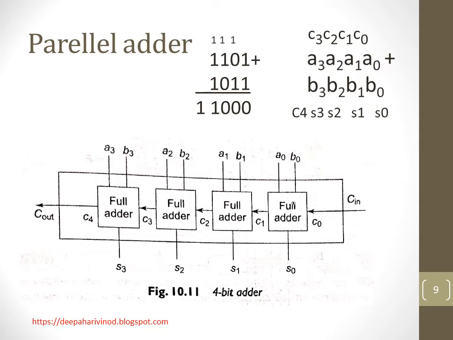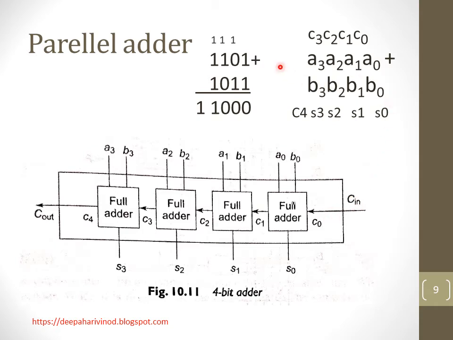Parallel adders. Here we can see the circuit diagram for the parallel adder, and in this we have 4 full adder circuits: 1, 2, 3, 4. Each full adder adds 2 bits along with the carry bit at a time, so the output will be a sum as well as a carry. In all the cases 3 bits will be added at a time and 2 outputs will be obtained. Initially we don't have any carry input, it will be 0.